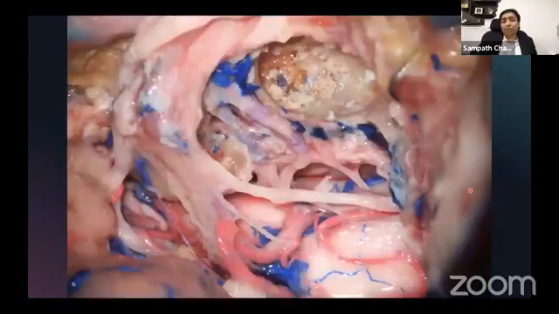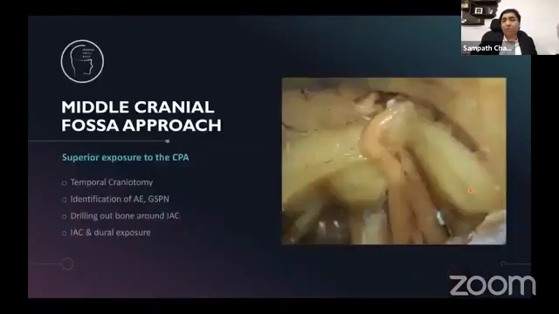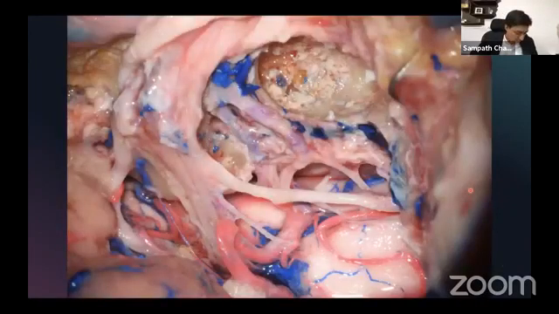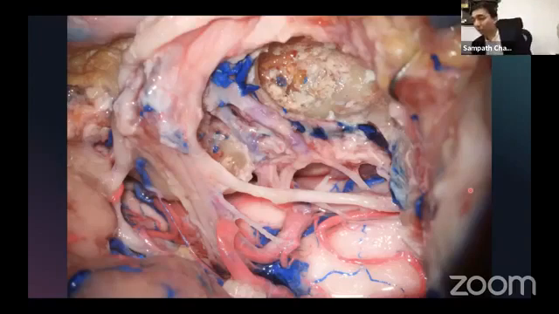Bhargav, I think we'll stop here. We'll not go ahead with the middle fossa approach. We'll keep it for another day. Isn't it too long already? Yes, sir. Okay, right. So this is type D. So we finished transcochlear type D. Too much information is also bad. I don't think you will take home anything if you are overburdened with information. So let's stop here, take some questions and wind up this webinar.